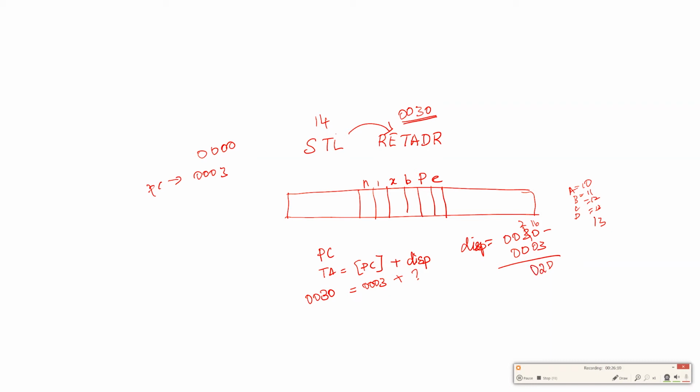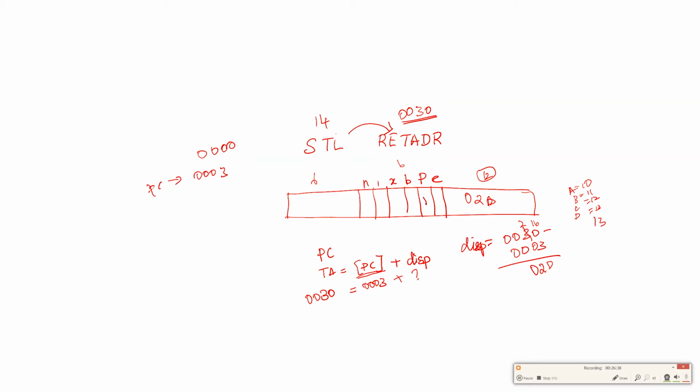Here the opcode is written in 6 bits. It is 3 bytes, meaning 24 bits, so the displacement is written in 12 bits. So 0 2 D will be written. What formula have we used? Program counter relative, so P is 1.